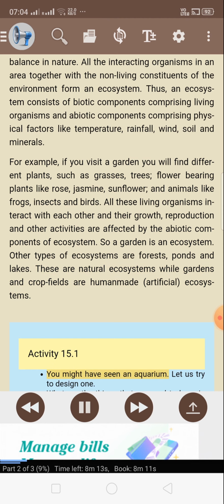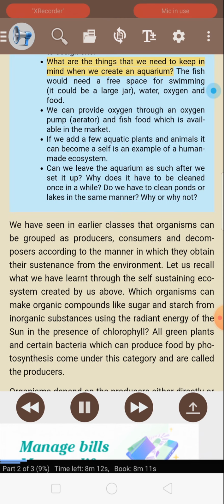Activity 15.1. You might have seen an aquarium. Let us try to design one. What are the things that we need to keep in mind when we create an aquarium? The fish would need a free space for swimming. It could be a large jar, water, oxygen, and food. We can provide oxygen through an oxygen pump aerator and fish food, which is available in the market. If we add a few aquatic plants and animals, it can become a self-sustaining example of a human-made